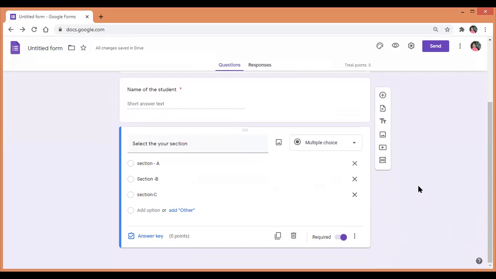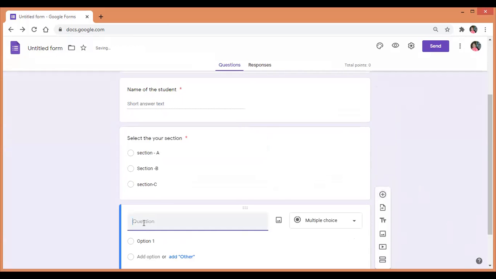In the first part, I'm going to show you how to set up MCQ questions and true or false questions. For this one, click on the plus option and write your first question. For example, measurement of right angle is.